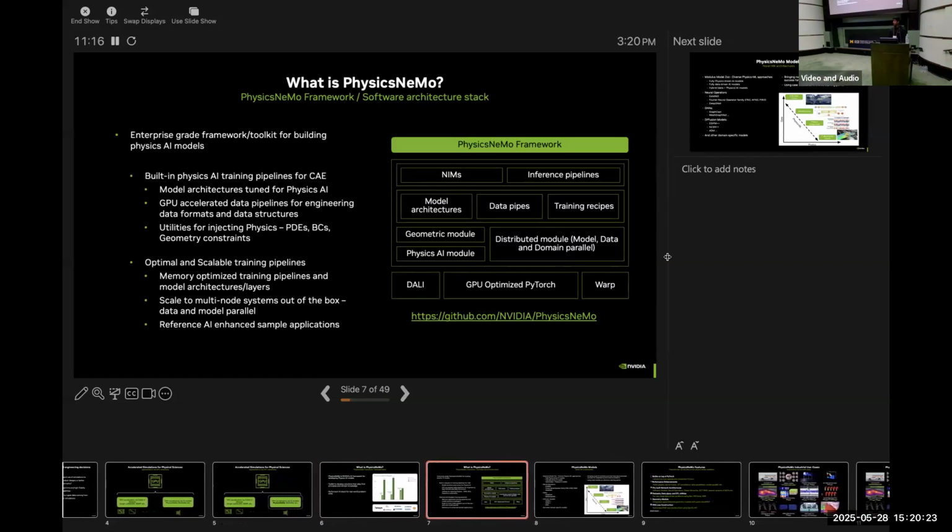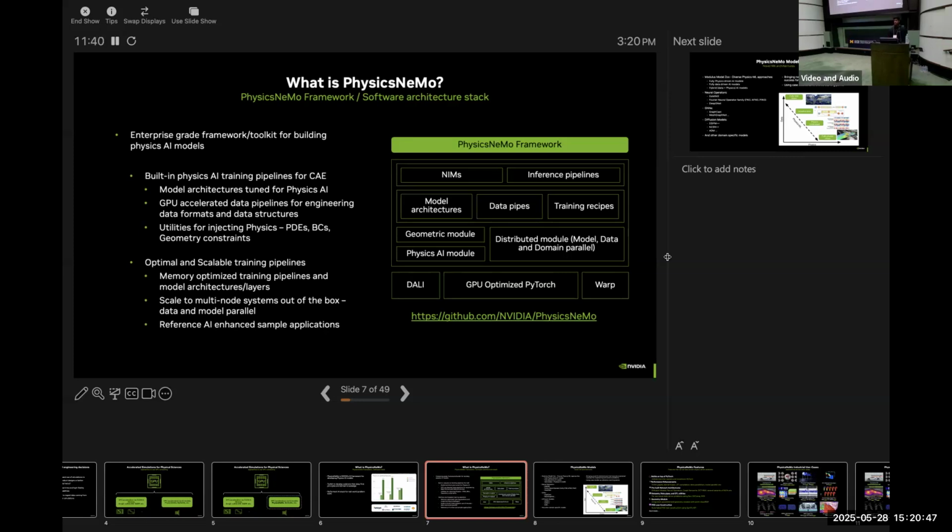Diving a little bit more in detail. So what is PhysicsNeMo? This is what the software stack for PhysicsNeMo looks like. We try to provide multiple toolkits for people to integrate some of these workflows in a variety of different capacities in their simulation, design and analysis workflows.